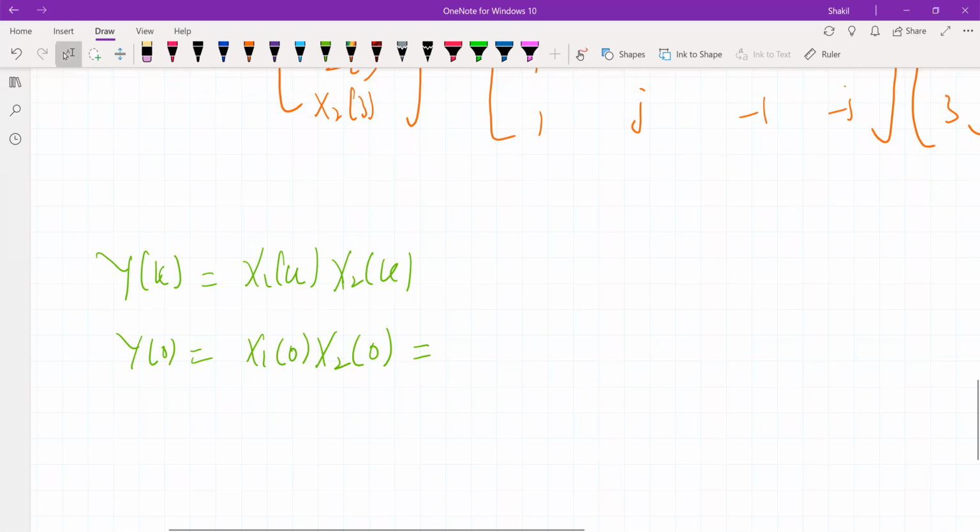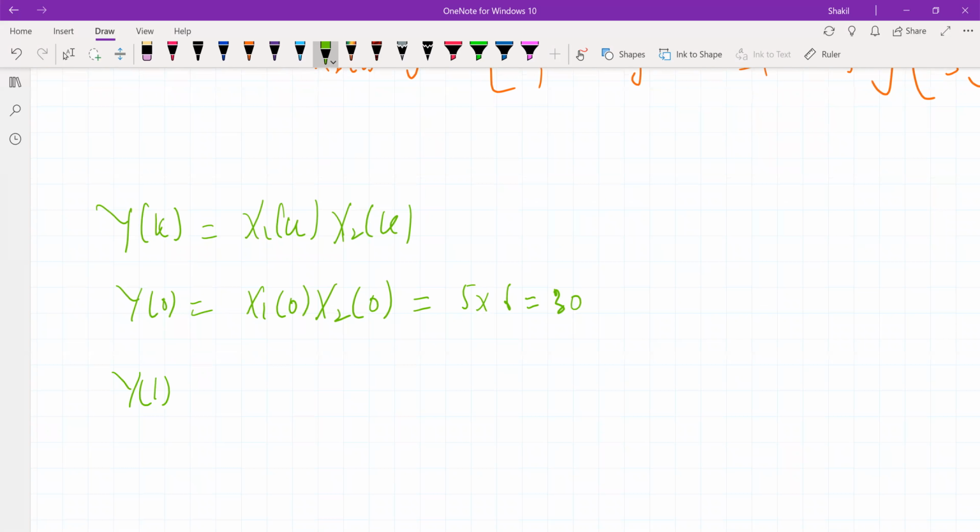So X1 of 0 is 5, X2 of 0 is 6, so this will be 30, right? Then Y of 1 will be, put k equal 1, X1 of 1 times X2 of 1. Multiplying the terms, it will be minus 1 minus 2j multiplied with minus 2 plus 2j, please check it, and the answer will be,